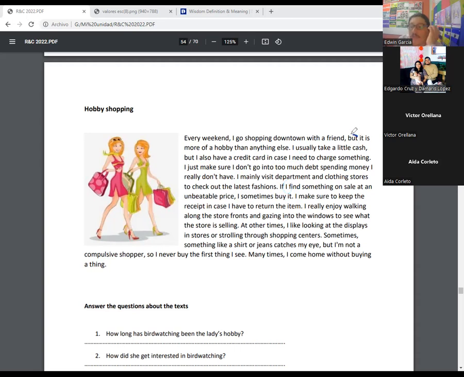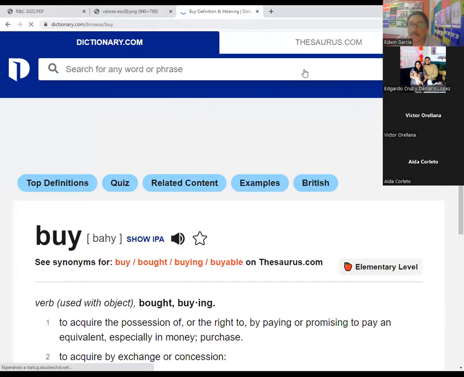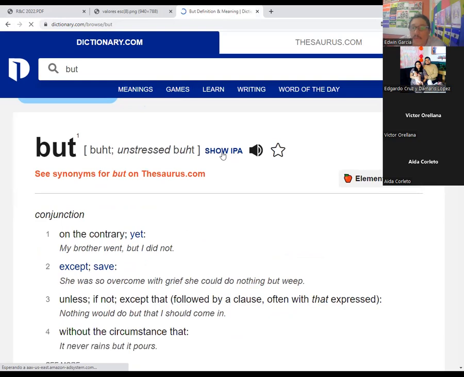And remember the correct pronunciation for this word, you have to say "that", not "bad". Because if we go, for example, to dictionary.com and we search this, it is the one with T, "but", as a conjunction. And here we have the pronunciation according to the IPA. In this case, it is "but", with a sound mixed with a u. Remember, it's like up,